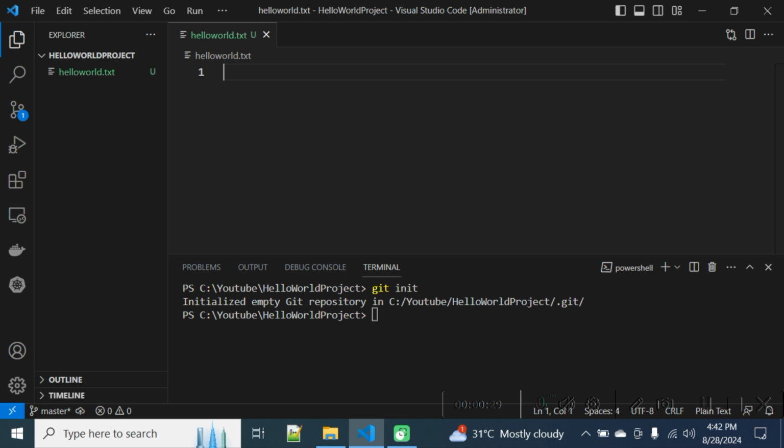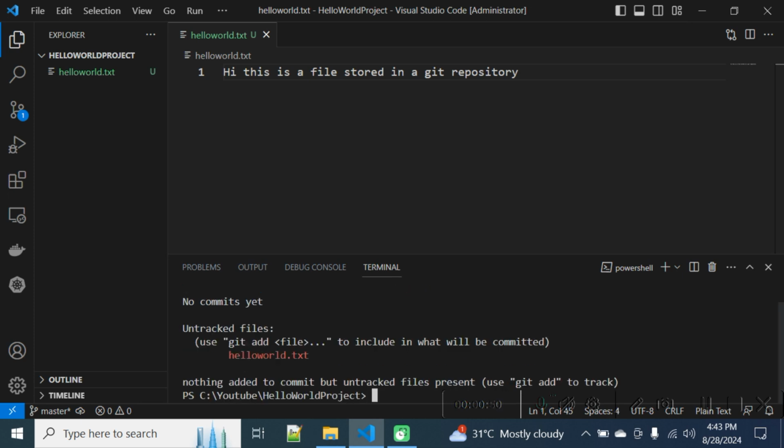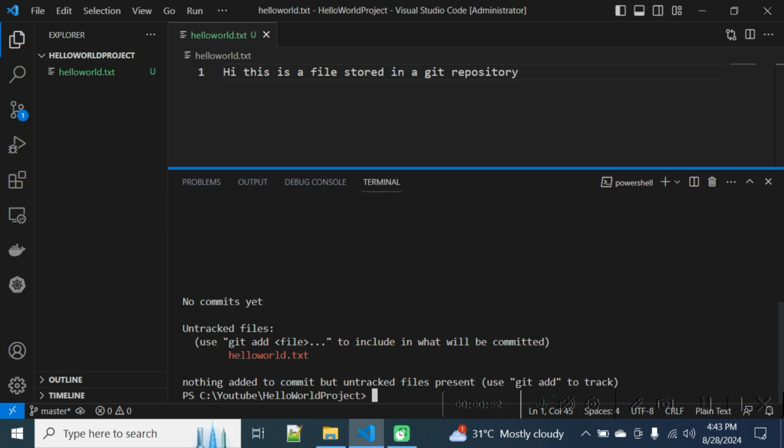So I have created a text file, and just added a line. Now you have a command called git status. If you see the output of this command,